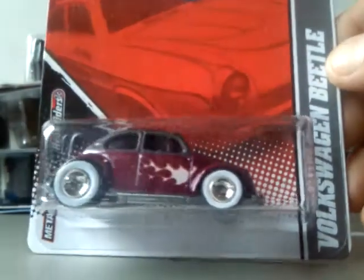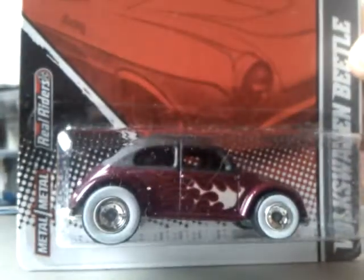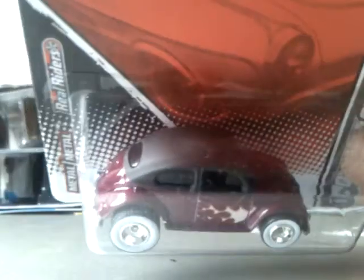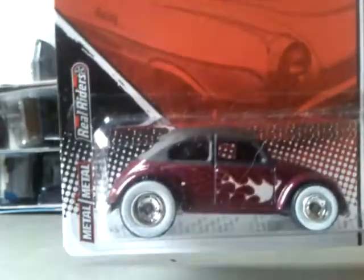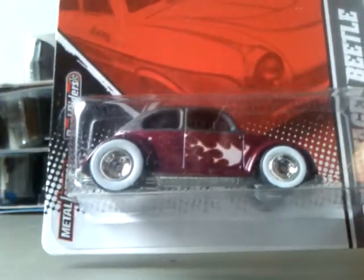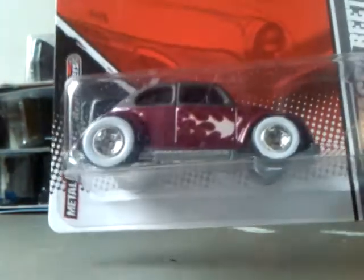Next is the Volkswagen Beetle with a sick flame job, white walls and a matte black roof. My camera doesn't do it any justice, but that paint is like a pinky purple depending on where it is. Awesome. Anywho,